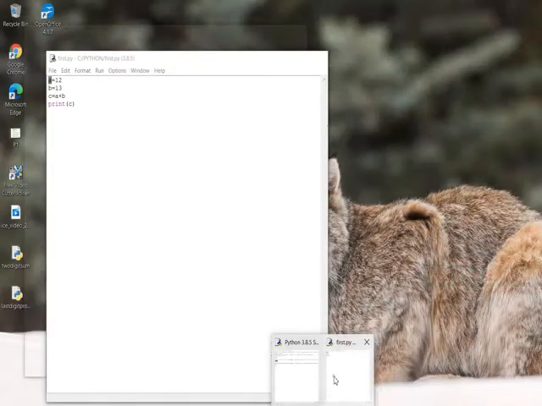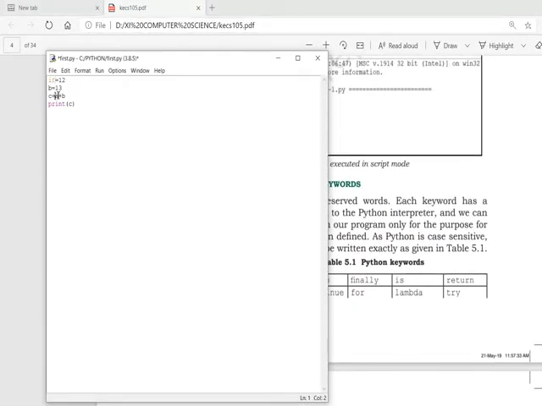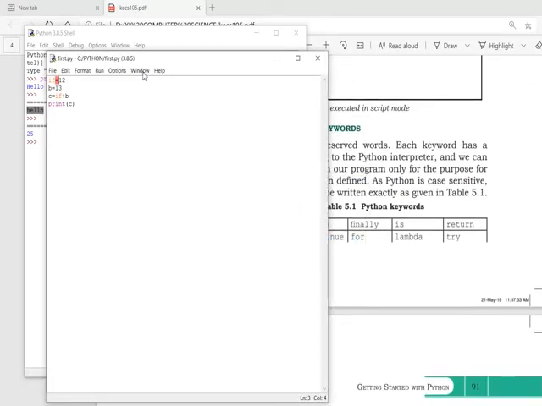Now moving to the topic Python keywords. In this small program we have used three variables, three identifiers. If I use an identifier name from any of these keywords, like if I take the first variable name as if, instead of A I am saying if, and in this line also I am changing it to if, and if I run it now it will give an error, invalid syntax.